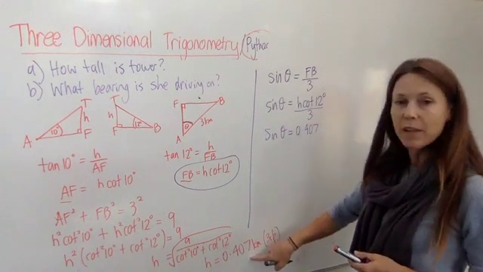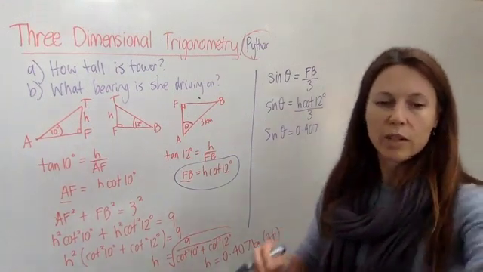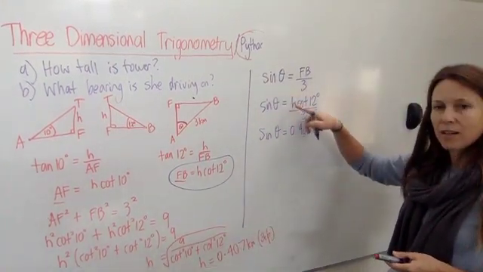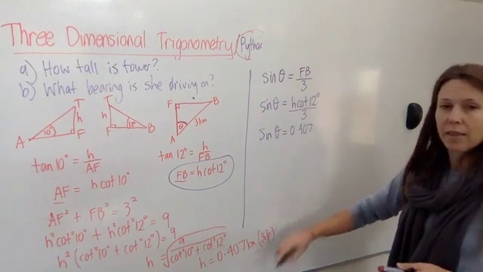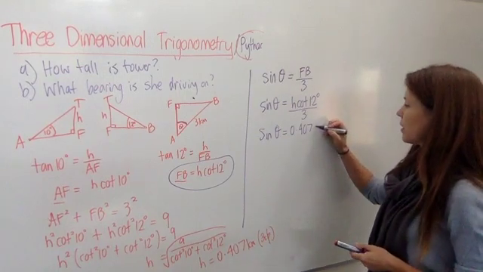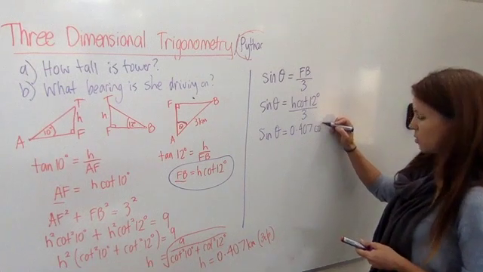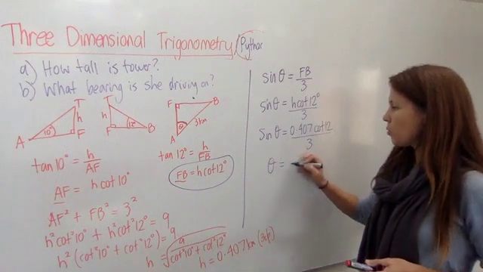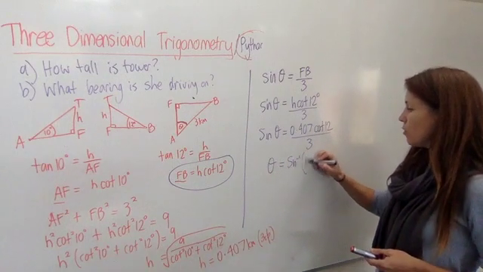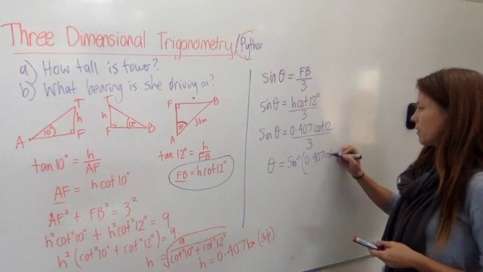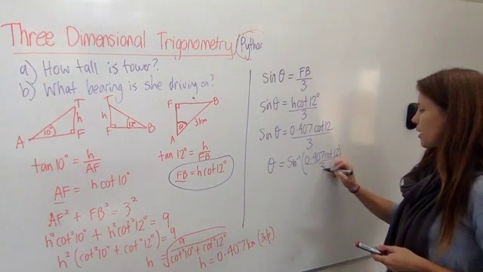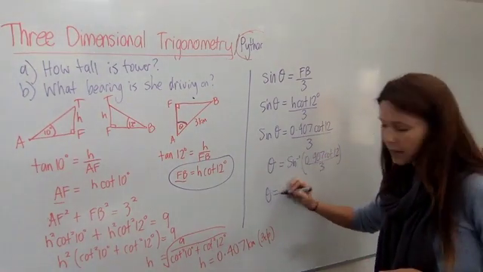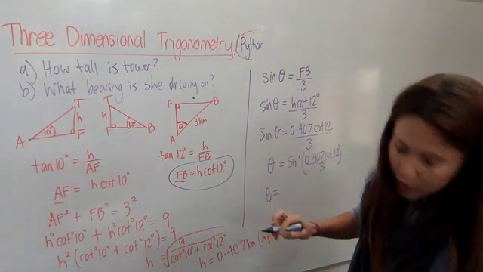0.407. Now at this point you could keep that in your calculator, actually store it using the store function that we've talked about before, and so then when you put this into your calculation it will be the exact value, or you could just keep it in there and hit that answer button, it will do the same thing. So we've got h multiplied by cot 12 over 3. So what's theta? Well, theta is the inverse sine of all of that. And you can put that whole thing into your calculator nice and carefully using brackets to get an answer for theta, which should come out as